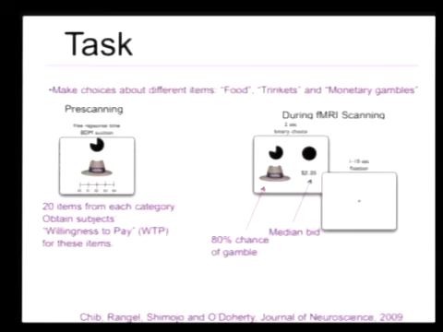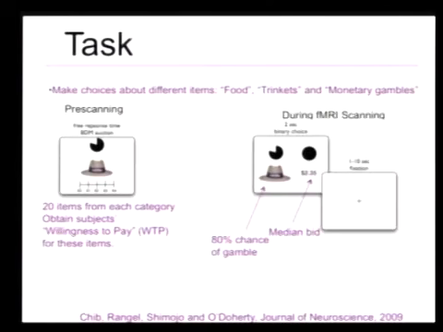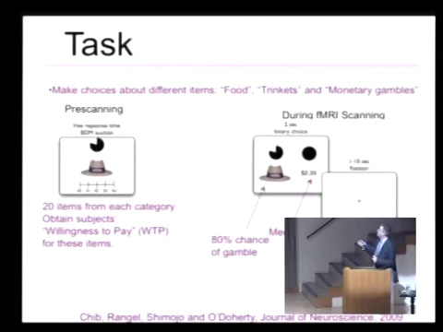And on each trial, we can look at activity. So we get this willingness to pay. I should say what we actually do in the scanner is we just get them to choose between either the item or a fixed monetary amount, which is actually the median amount that they're prepared to pay for all the items. So basically, on average, they should choose the items 50% of the time, and they should choose this 50% of the time.